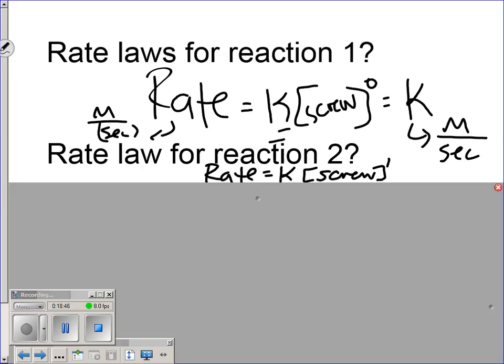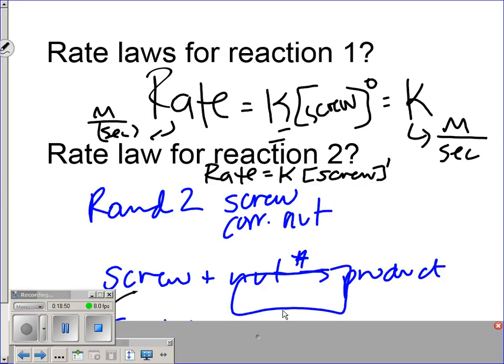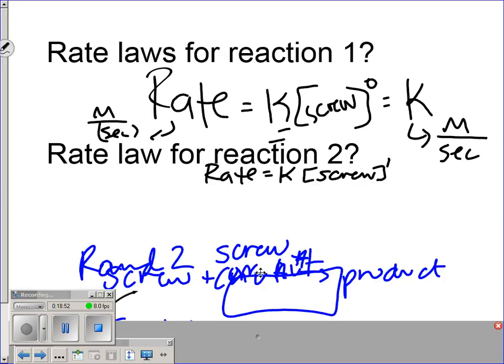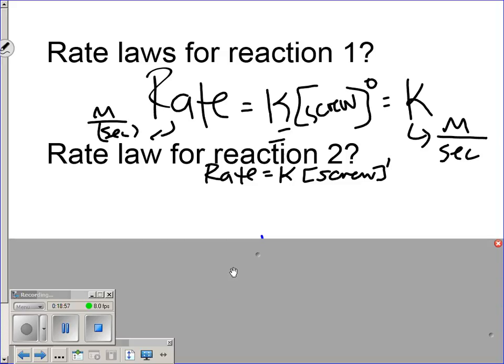Say again? You say moles per liter. But we already have 1 mole, right? Molar. All right, let's backtrack. What's the units for rate, always, in this case? Molarity per second. Okay, so I want molarity per second equal